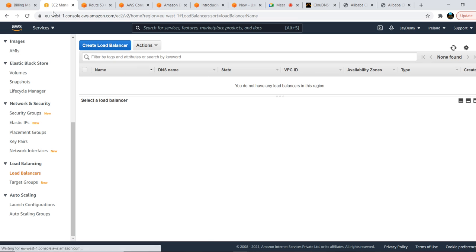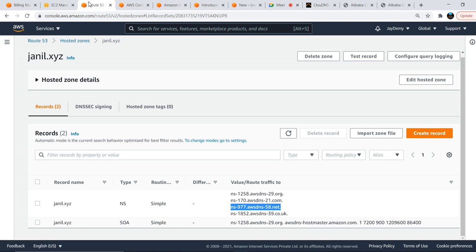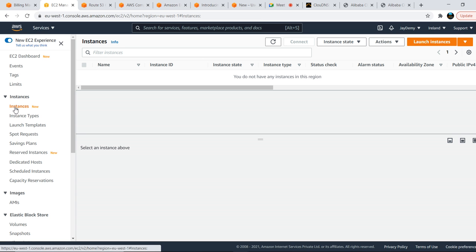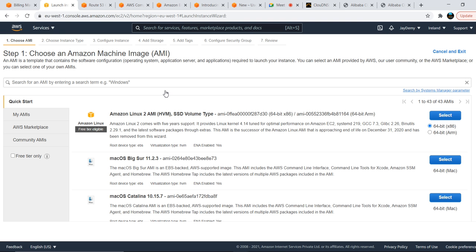Yes, close this. Meanwhile, I will create two instances and modify the instance settings. Application settings.